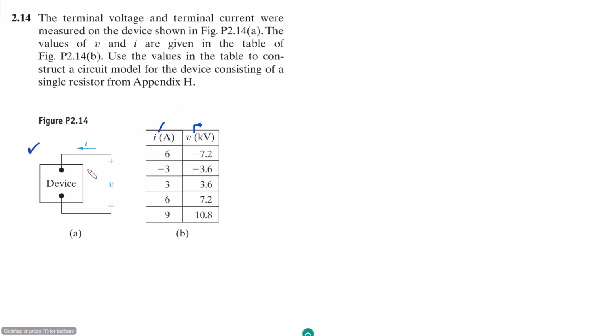from appendix H. Okay, so this is basically a circuit. This voltage has been applied, this is the device, and if we draw it precisely, it is this resistor. The value of current is produced by applying the value of voltage which is here. So when this voltage is applied, the current flows here. In this table we can see that when the voltage is applied, the current is also measured, and from it we can see that the